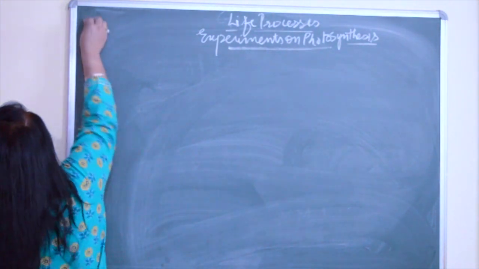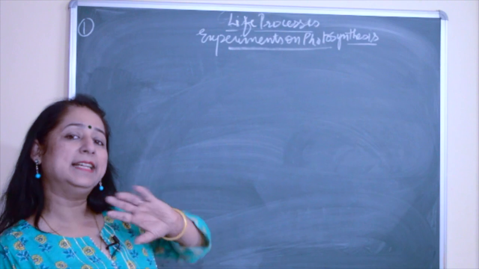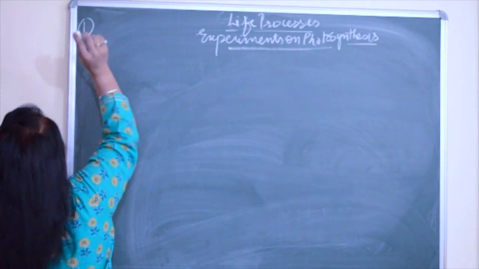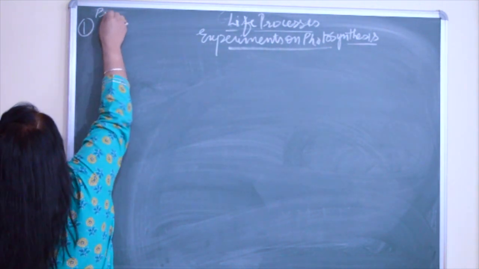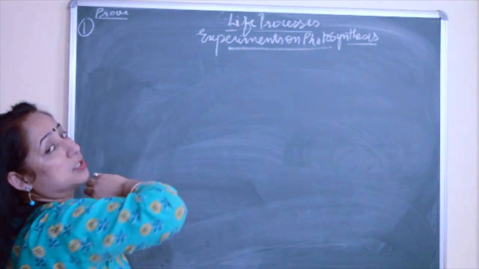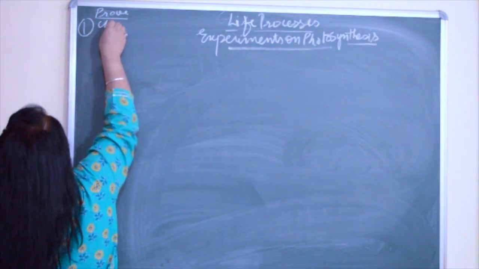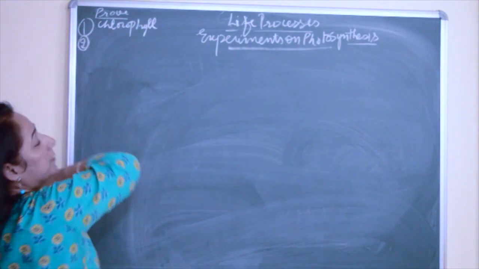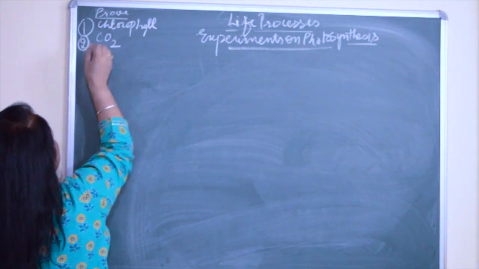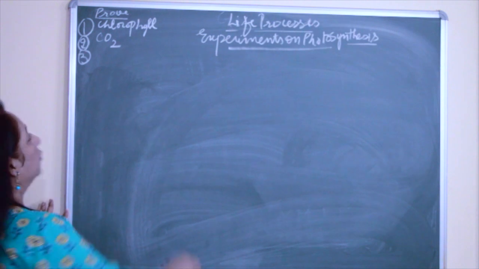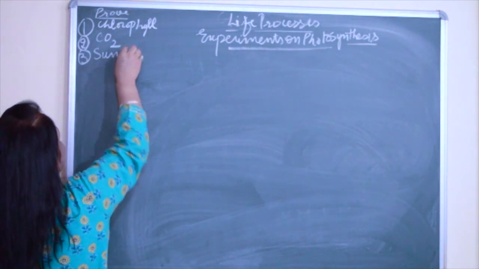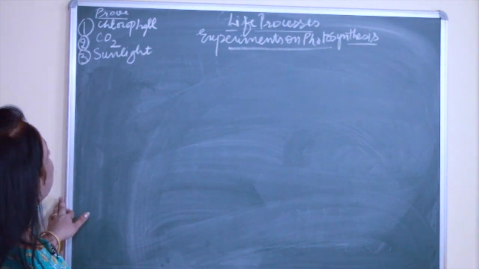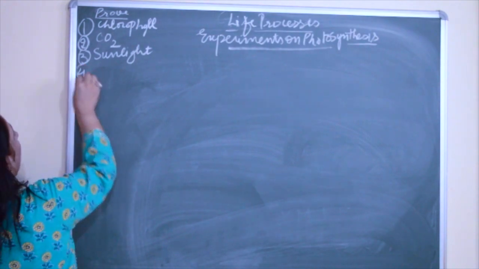First experiment. First of all, I'll just write what experiments are there, then we'll talk about some common concepts and then we'll start with the experiments. So the first one is to prove that chlorophyll is necessary for photosynthesis. Second experiment is to prove that carbon dioxide is necessary for photosynthesis. And third experiment is to prove that sunlight is necessary for photosynthesis. And the last one would be to prove that oxygen is produced